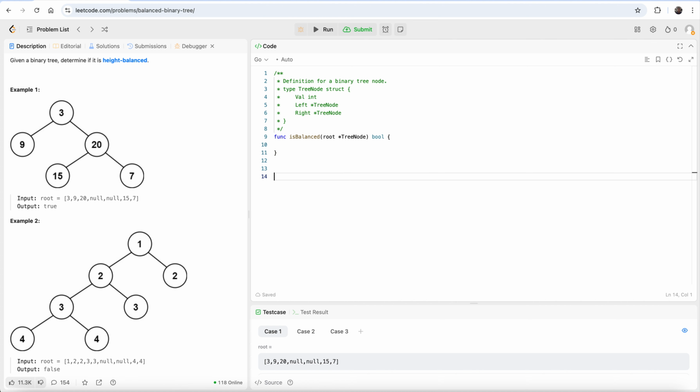First we need to find the height. So let's write the function to find the height, taking the root and returning an int. If the root is nil, then the height returned is 0. Otherwise, to find the height, from this node we go left, most left, and then most right, and then we take the max of left and right plus 1, and that's the height. So I'll call this function height on root left,